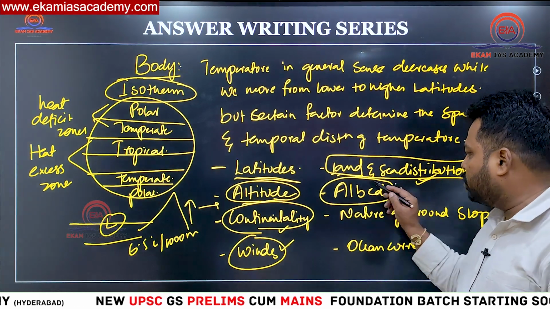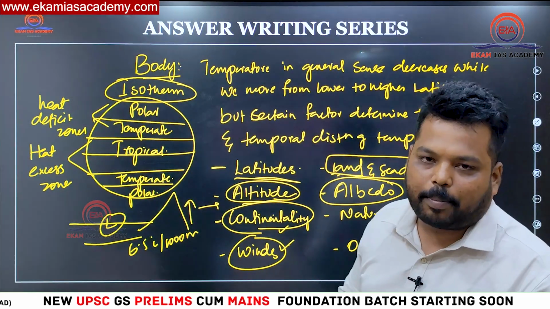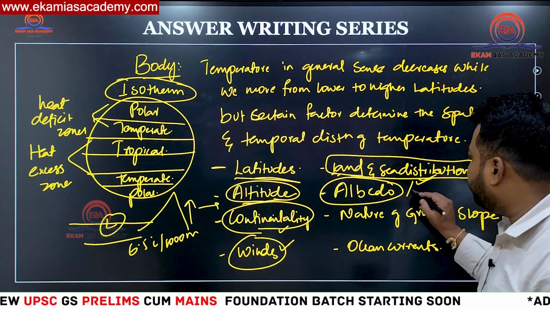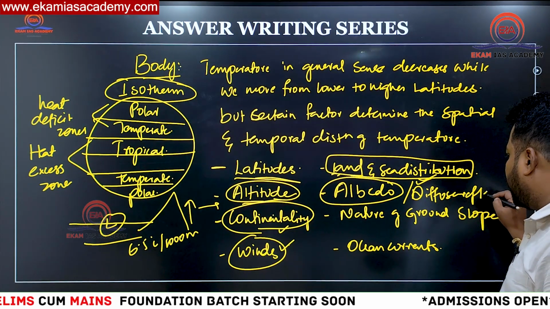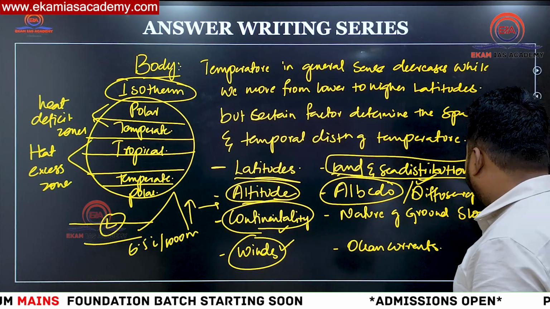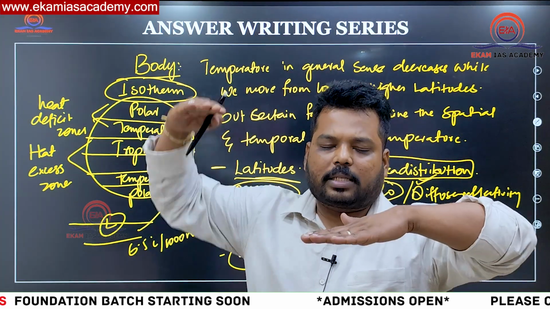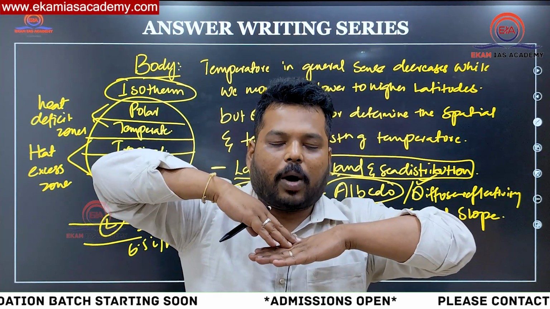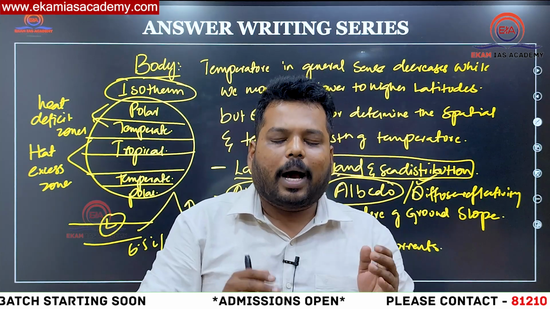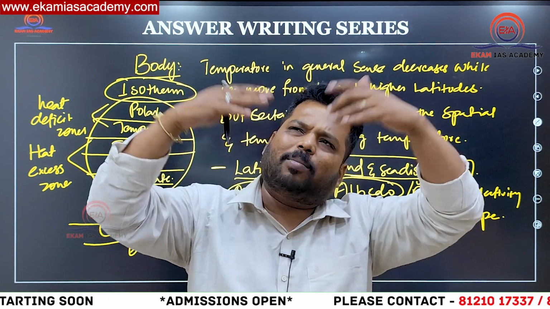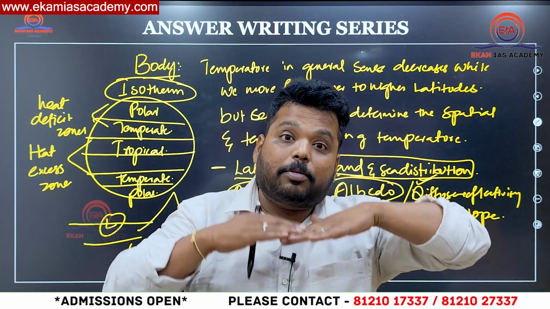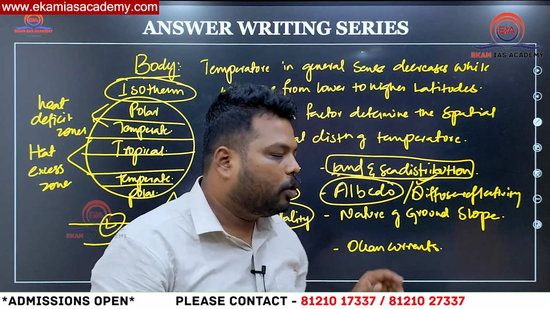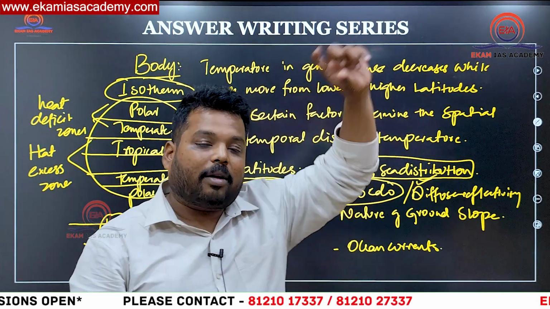Next, albedo would also be one factor which influences the temperature. Albedo का मतलब है diffuse reflectivity. तो ये आंसर में लिखना बहुत इंपॉर्टेंट है. डिफ्यूज रिफ्लेक्टिविटी का मतलब जैसे सरफेस के ऊपर इंसोलेशन गिरेगा, वहां से कितना अमाउंट रिफ्लेक्ट हो रहा है. अगर स्नो के ऊपर गिर रहा है तो मैक्सिमम रिफ्लेक्शन होगा. डार्क सॉइल के ऊपर गिर रहा है तो मैक्सिमम एब्जॉर्प्शन होगा, कम रिफ्लेक्शन होगा. तो एल्बिडो का मतलब कितना रिफ्लेक्ट हो रहा है.